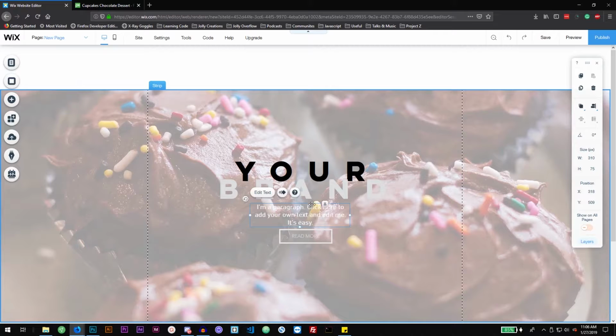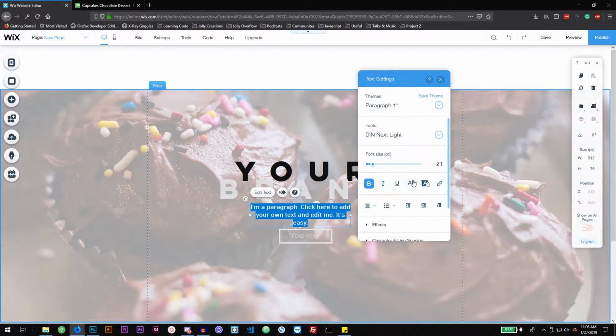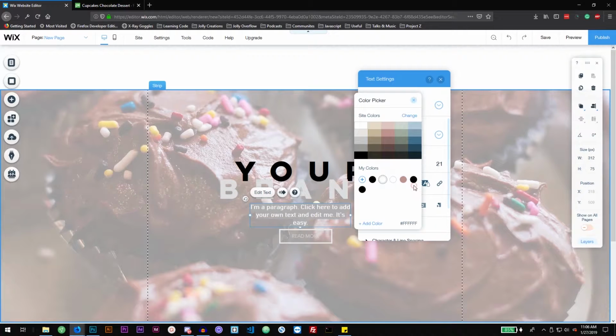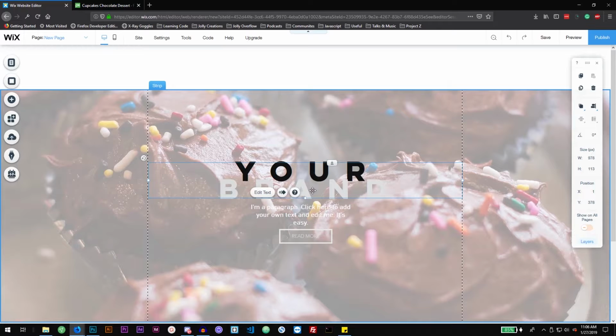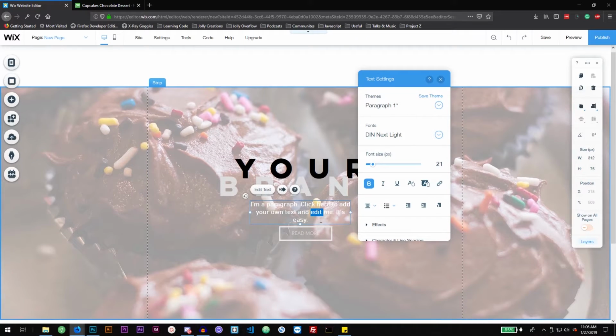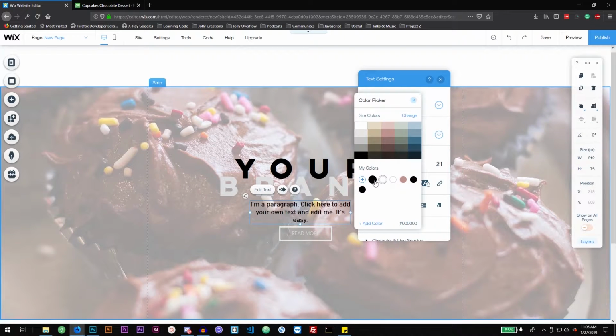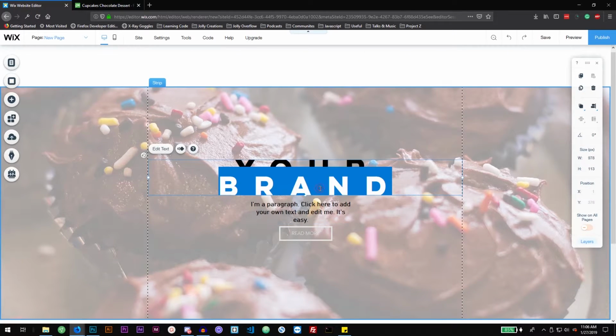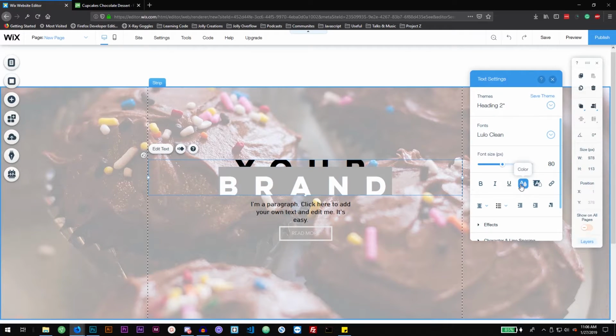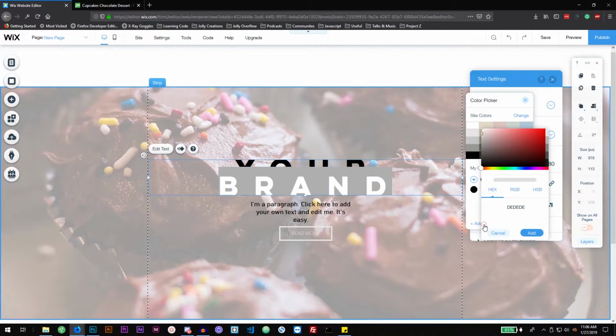And I really like how now the text sort of stands out, and now I can actually make it a different color. For example, if I were to select it and use black now, I could use it freely, not having to worry about it, and I really like how that comes out. However, like I said, I am going to change this to black, and I'm going to make your brand into an orange color. So I'm going to select the brand, and then I'm going to click on that, and I'm going to add my own color code, which is my favorite,